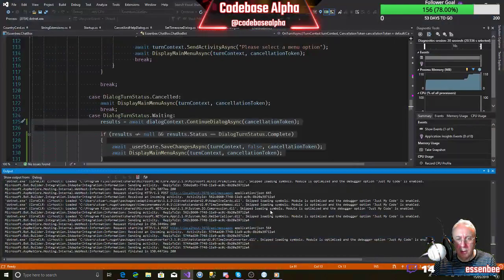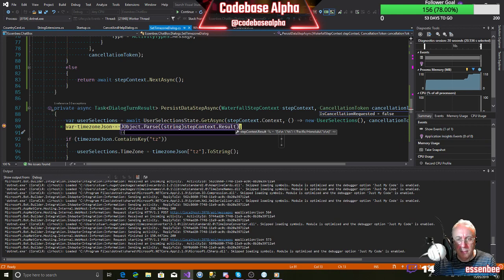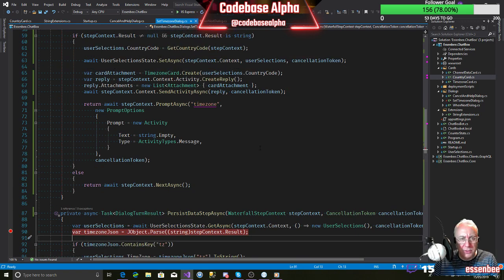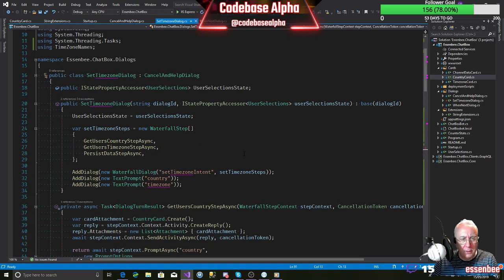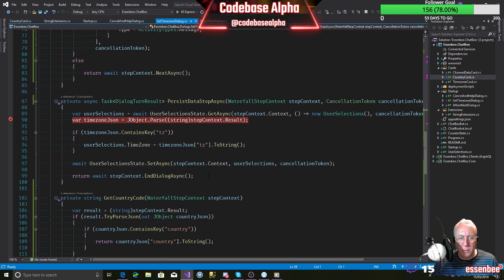So that's still working. Now we've hit here, and we know this is going to fail because it's got US in it. Oh, it's got Honolulu this time. Okay, that's right, because we didn't put US in. So let's stop at this point. What we can do is use the same kind of code we had up here. So we're going to pinch that piece of code there. We're going to assume people aren't going to type their time zones in. I think that's probably one of the things.